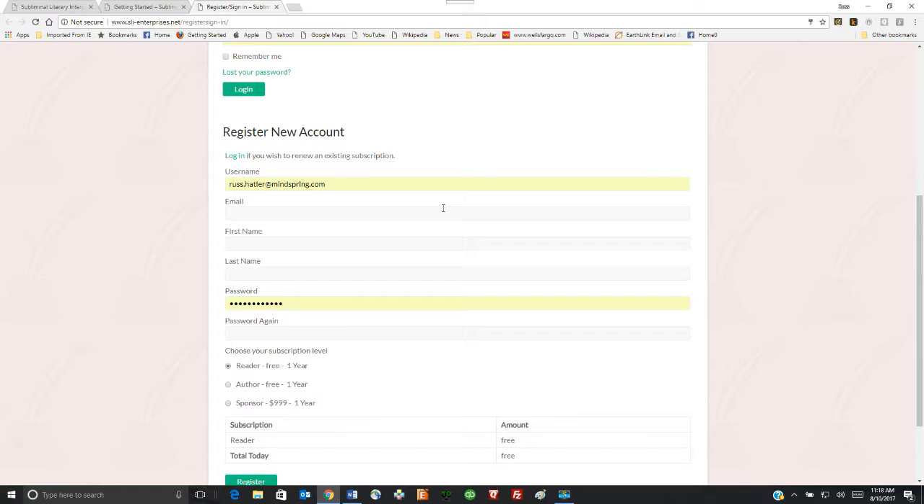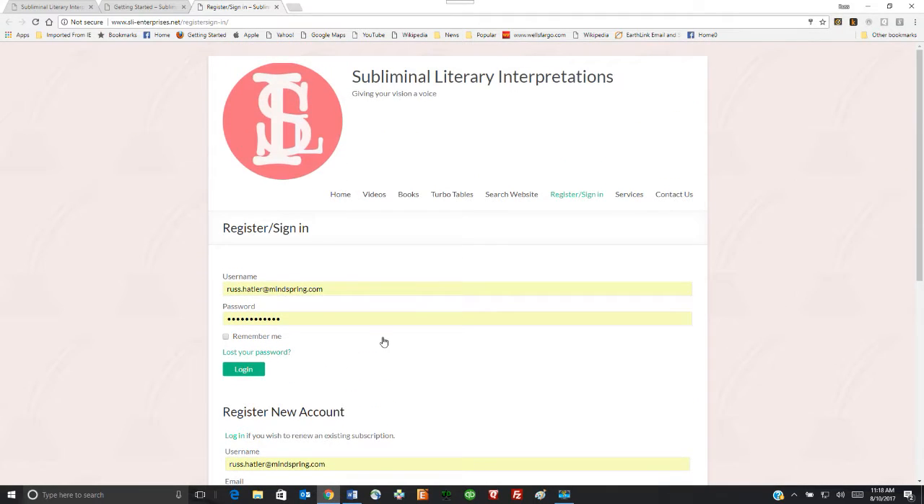Type it in again in the email field, put in your first and last names, choose a password, repeat the password, make sure the reader button is clicked, and that's the whole thing. The new member I'm going to register is named Alice B. Toklas. I've taken the liberty of already filling in the information, so I'll just type in her email address, which is